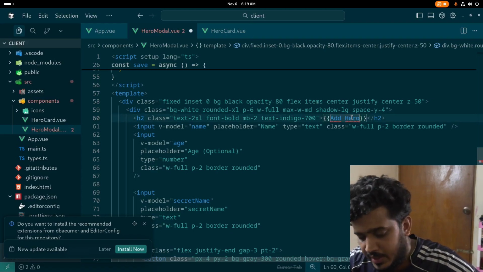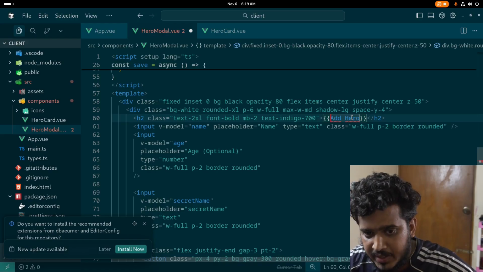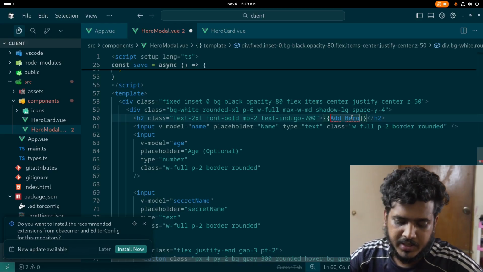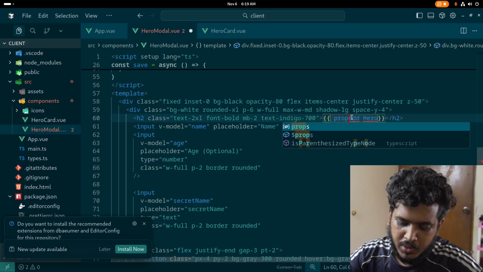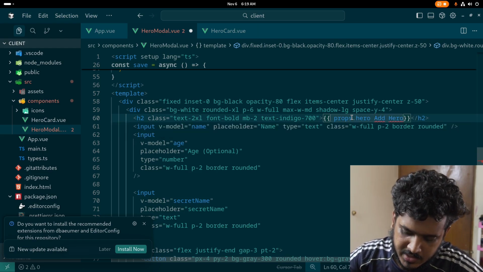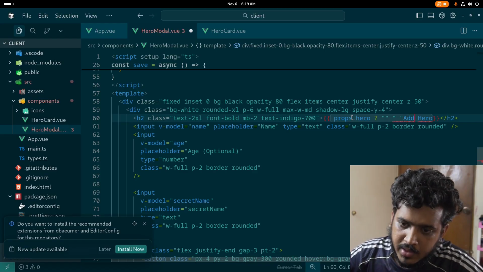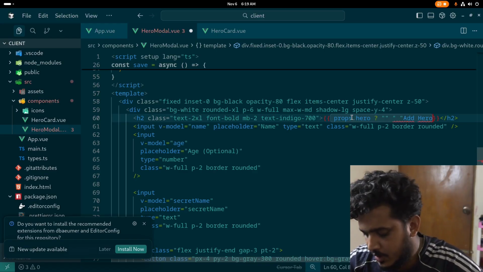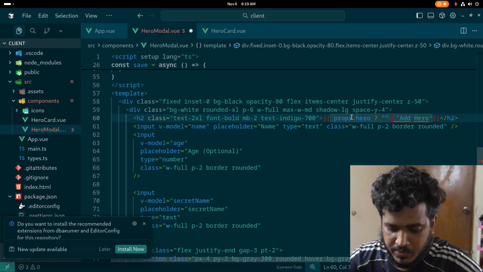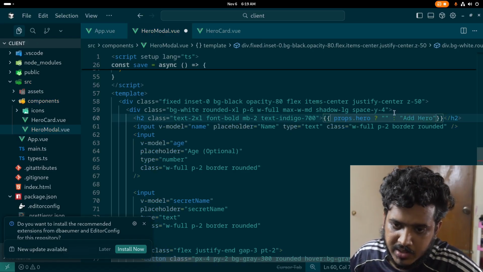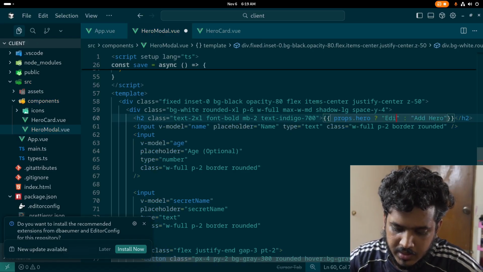Let me take it inside double bracket. Afterward, let's try props.hero. If there is hero, then we're going to say edit hero, otherwise we're going to say add hero. So let me just do it like this. Edit hero,